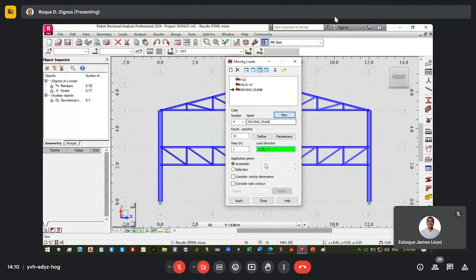If you put 1 there too, meaning to say three. So imagine 3 points of the moving load, and then for every point, three forces: Fz, and then Fx, and then Fy. So in our example, we have only one. So in that case, we have only one force acting in the vertical direction, negative z-axis.